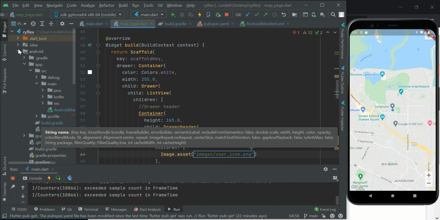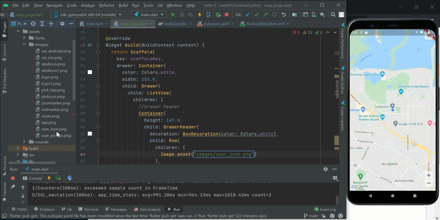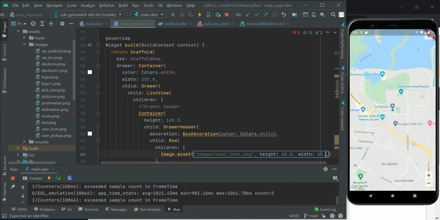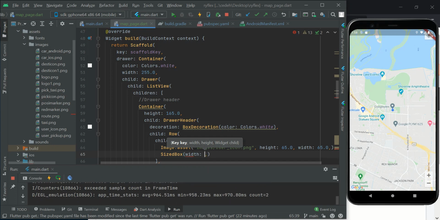Do I have something like that? Inside my assets. Okay, I have it. We added it before. You can head over to this project on my GitHub, copy it or copy the things you need from it and start coding. So with this, we have a circular image, size box, then the width of the size box 16.0 and